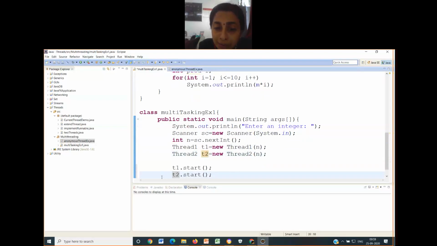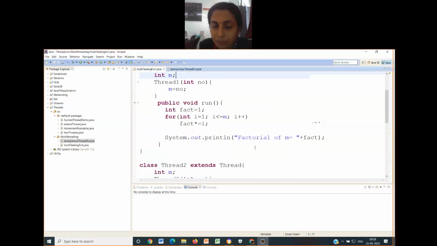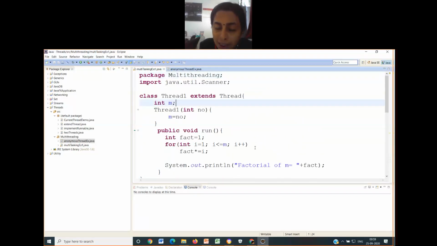Whenever t1.start is called, the constructor passing is taken into consideration. Then it will go to thread1. In thread1, I have used the constructor to do initialization.